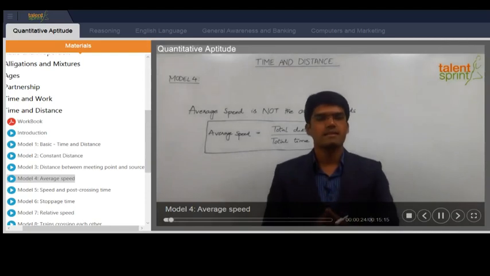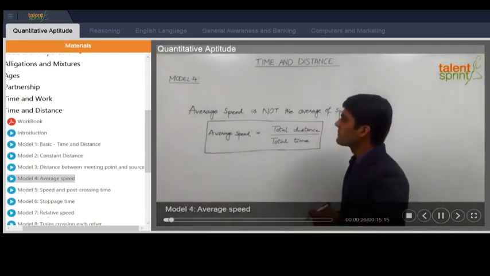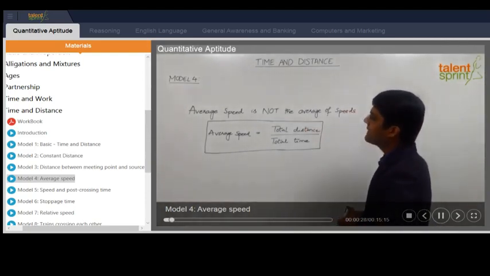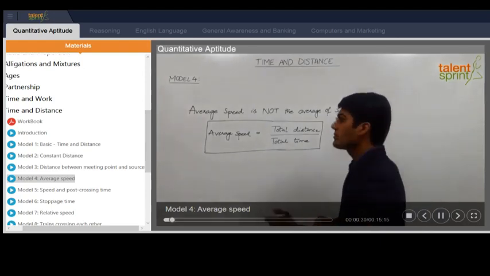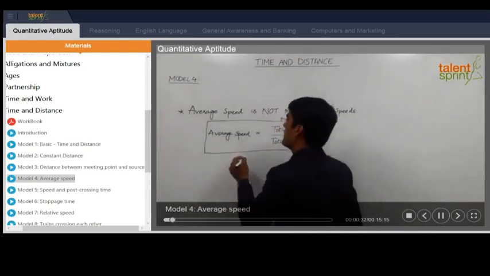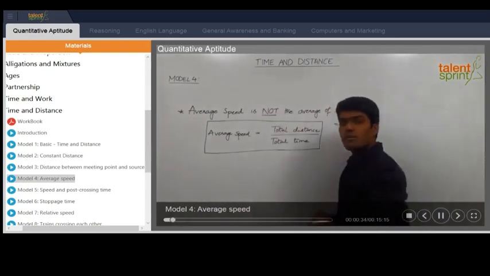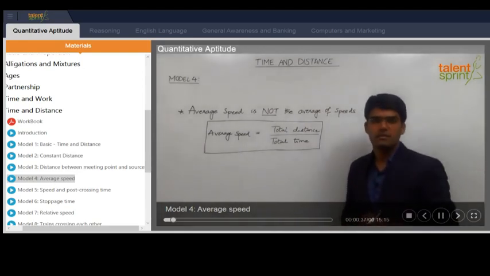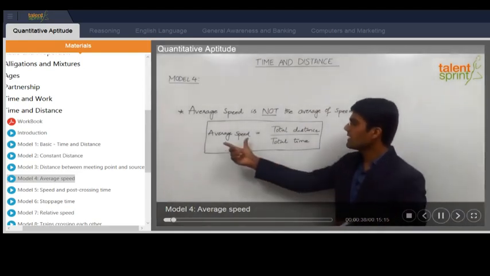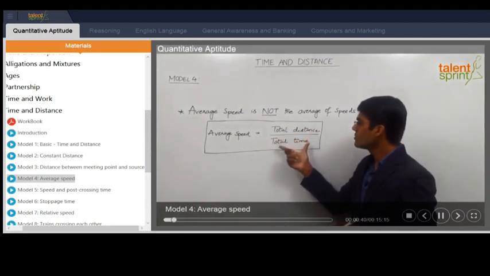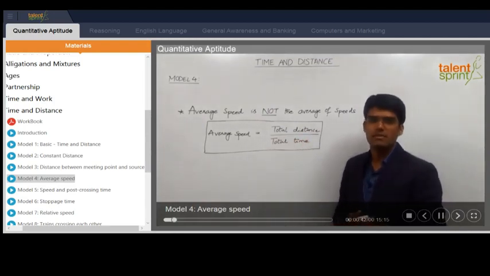So let us first understand how to calculate average speed. The first point here is average speed is not the average of speeds. This is very important. Remember, average speed cannot be taken as the average of the given speeds. It should always be calculated as average speed equals total distance traveled by total time taken to travel the